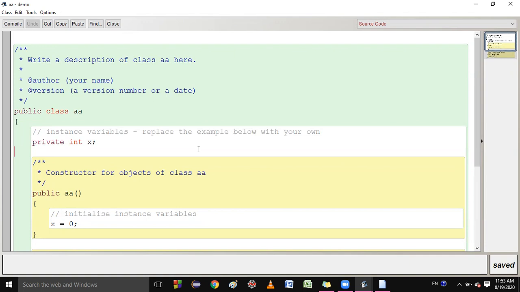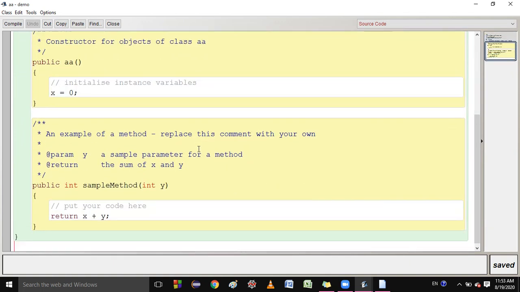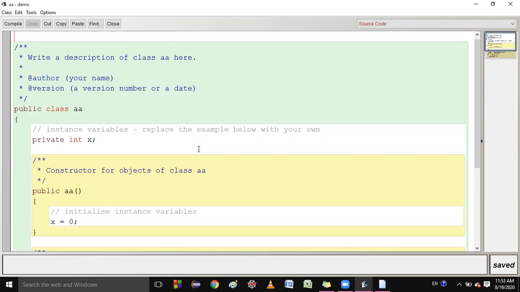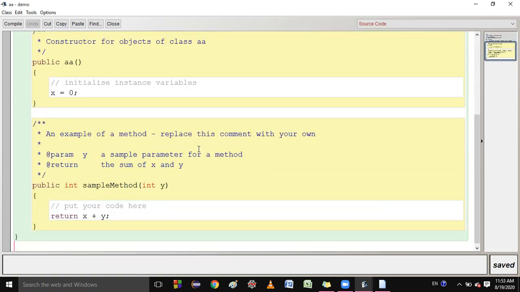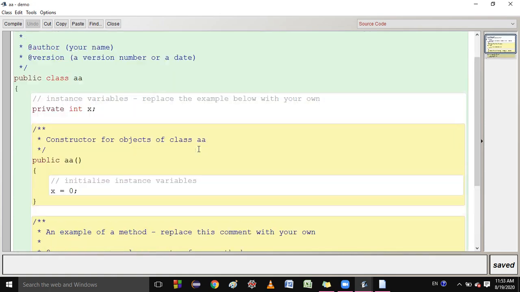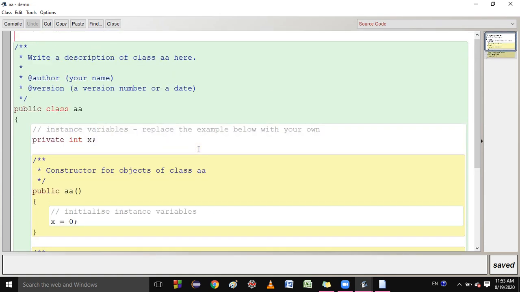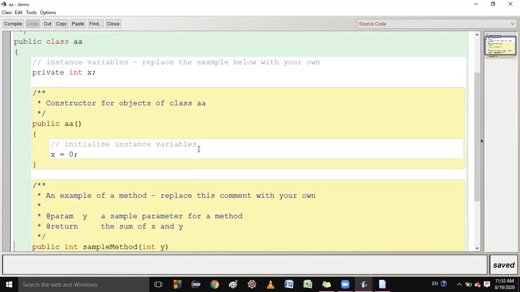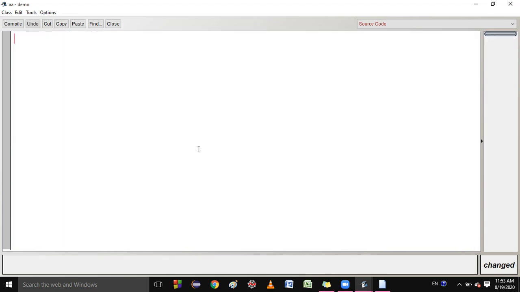By default some code is written inside this class, but this is built in by BlueJ, so there is no need to work on it. So you just delete this code, delete all of it.